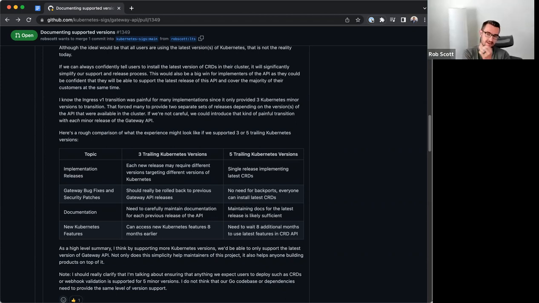Great. Yeah, that's good to hear. And I should give a little bit more background on that idea, because it is key. The idea of, if we support 5 trailing Kubernetes versions, what that means for at least GKE is that we can say,